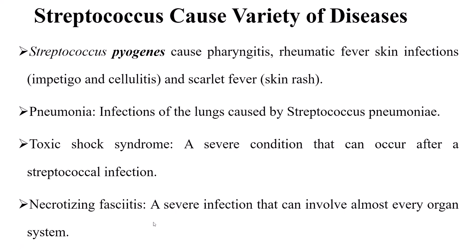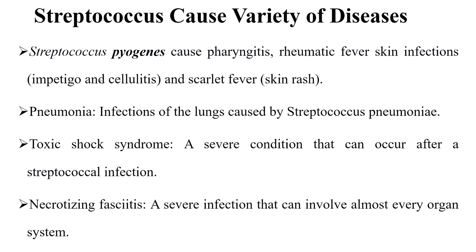Streptococcus causes a variety of diseases. Why do we need to identify Streptococcus? Because it causes many diseases. Some of them, as written here: Streptococcus pyogenes causes pharyngitis, which means inflammation of the pharynx. We also have rheumatic fever,